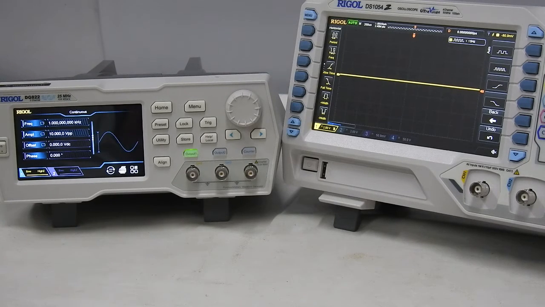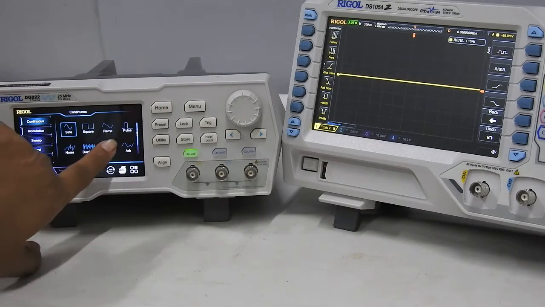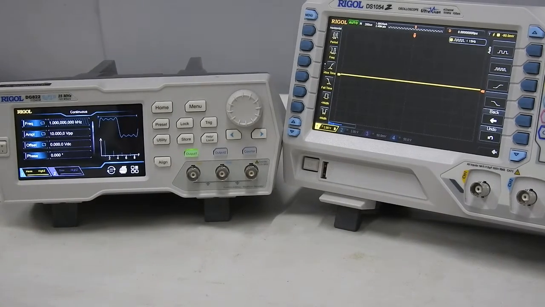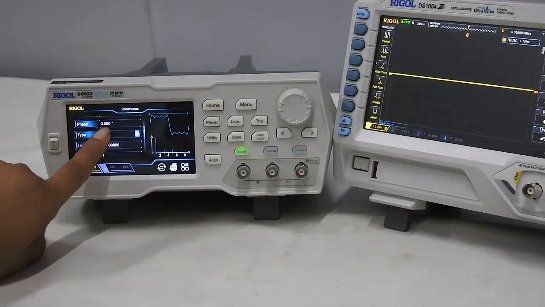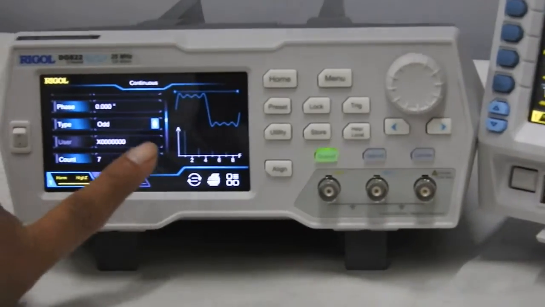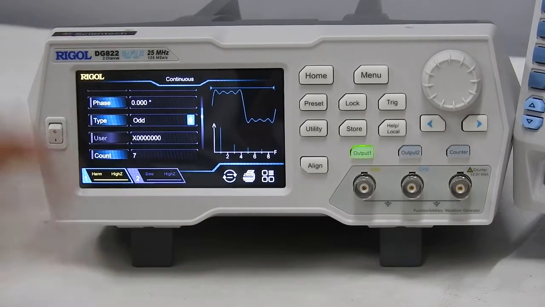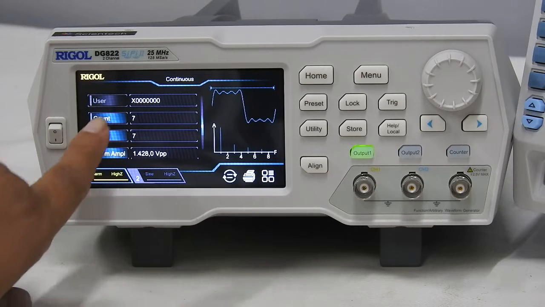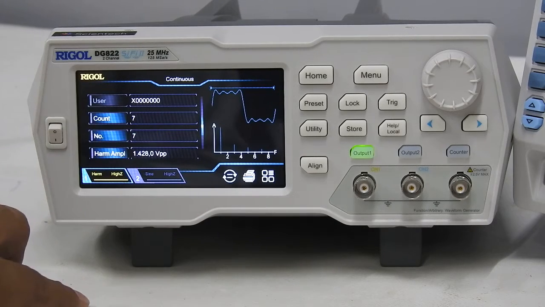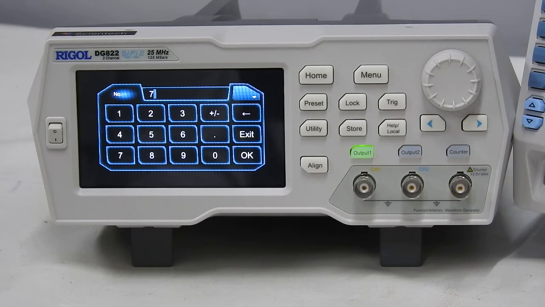So now let's go to the harmonic function. So for example, I am going to the harmonic. I have selected this harmonic. Now you just scroll this, and you will see which type of harmonic signal you want to generate, odd or even. So I have selected odd. You can change the phase as well, but I am not disturbing that. How many count? It is 0 to 7, so it is the 8th harmonic to the 7th harmonic. Now the first harmonic is nothing but the fundamental, which is set at 1 kilohertz, 10 volts output.